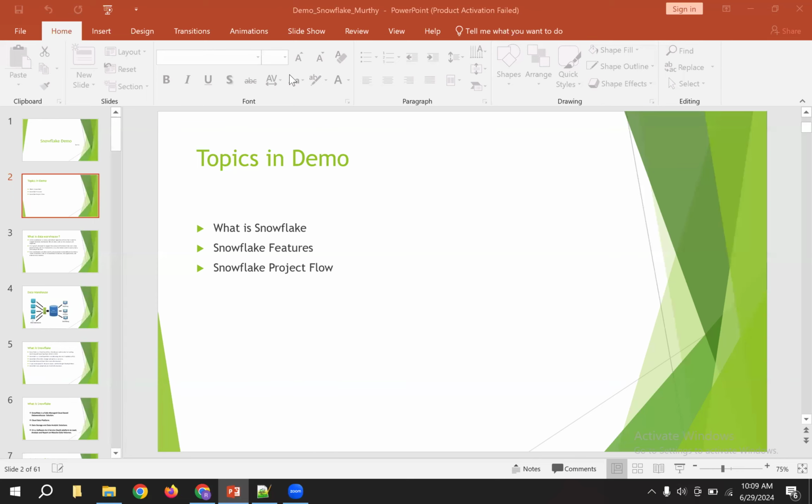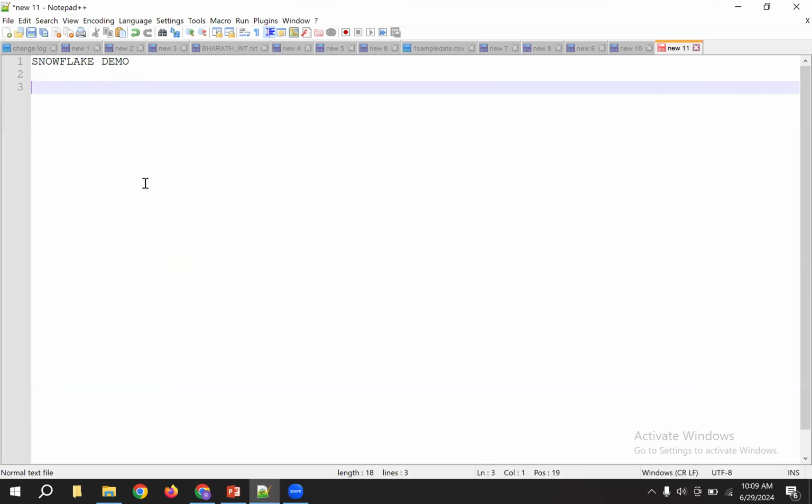Okay. So we'll start with what is Snowflake and what are the features in Snowflake, each and every topic, guys. Are you aware of data warehousing? You know what is data warehousing? So we have something called a data warehouse. A data warehouse means it is a centralized storage of data, a centralized repository where we are going to store the data.